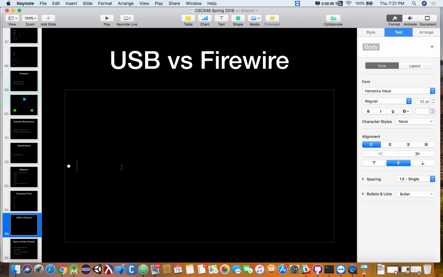Now, depending on which version of USB or which version of FireWire we're dealing with, these had theoretical maximum speeds that would either one-up the other one. I think the fastest FireWire ever got was, I want to say, 400 megabit per second. I think USB got to 800 megabit per second. Actually, USB 3, I think, is substantially faster than that. And USB-C, which is actually a Thunderbolt port, is way faster than that.